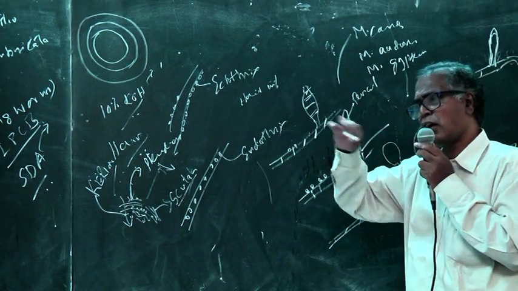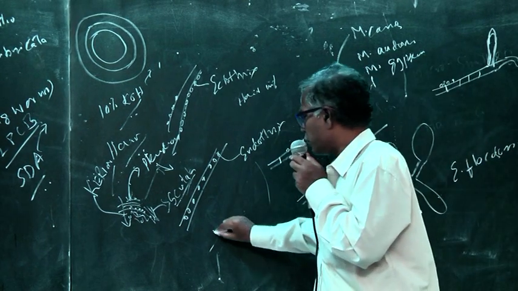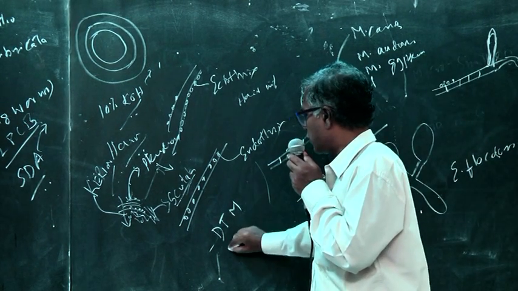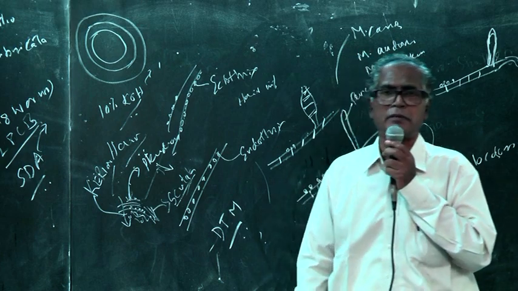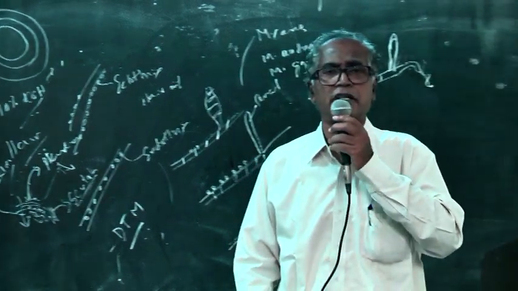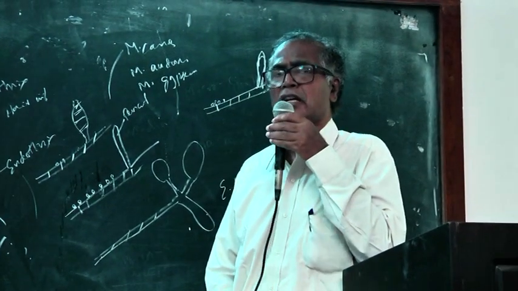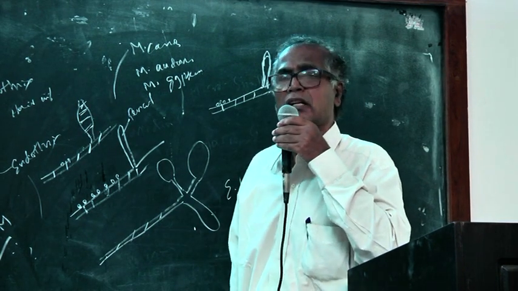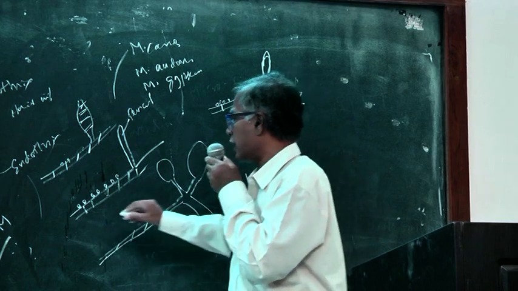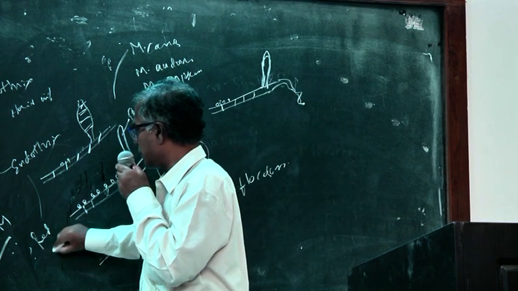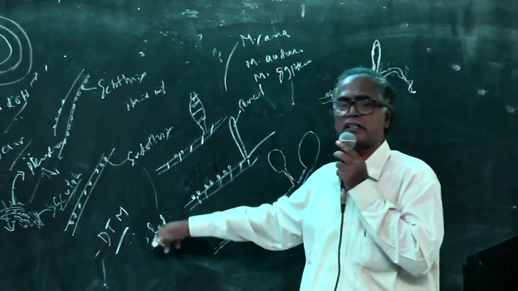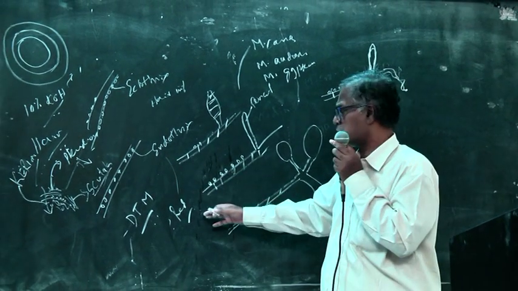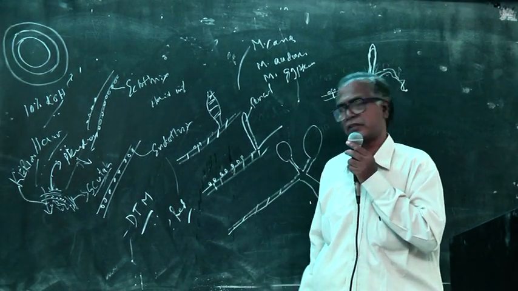Similarly, instead of all these things, take the scrapings and put it on a special media called dermatophyte test medium. After a period of 2 to 4 weeks, if the sample contains dermatophytes, then it definitely shows a red pigmentation, red color, red pigment. So just the presence of red pigment itself is the indication that the person is having dermatophyte infection.